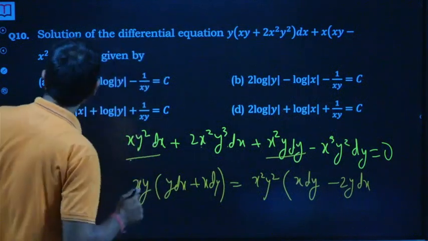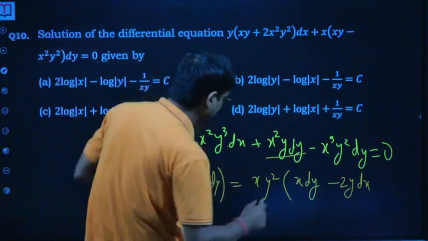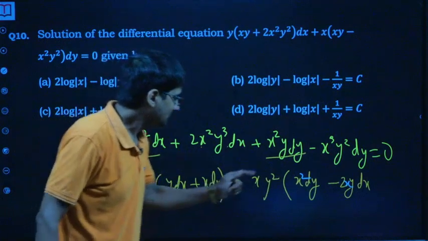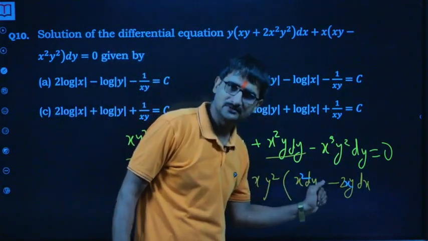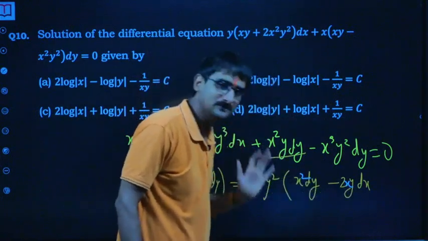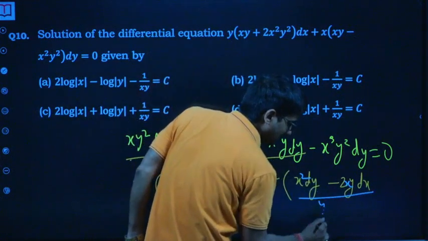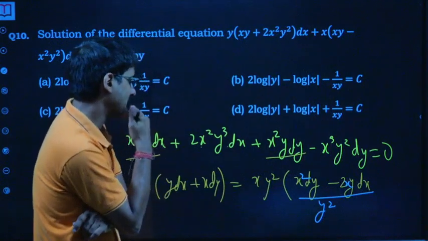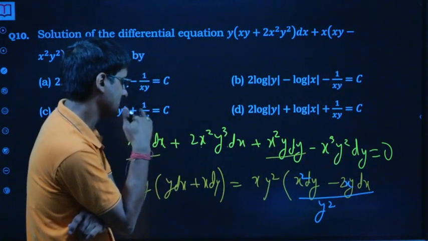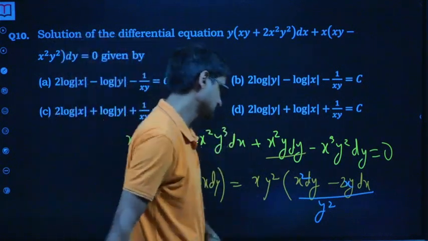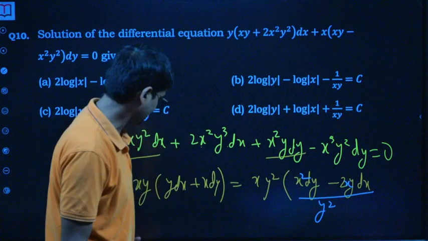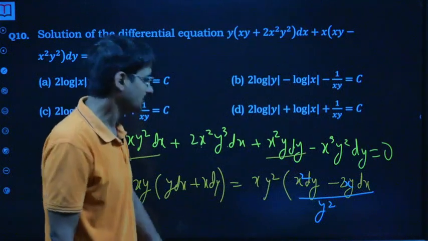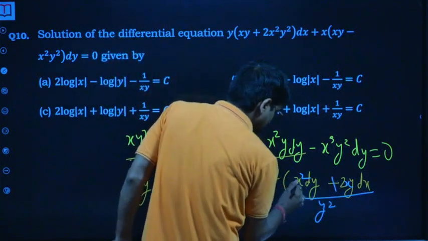Okay, now see, I will take one x from here inside the bracket, because now the derivative of x square is 2x. Okay, and of course derivative of y is dy. So now if I divide it by y square, okay, wait, if I divide it by, but in that case I have to divide by x raised to the power 4 multiplied by x raised to the power 4 cube. Shall I try? Okay, or see, what I can try is this thing.